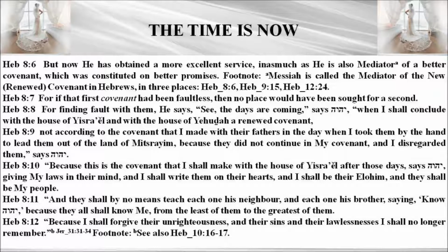Hebrews 8, verses 6 to 12. But now he has obtained a more excellent service, inasmuch as he is also mediator of a better covenant, which was constituted on better promises. These are no longer bulls and goats. For if that first, if the one before, if those people that were being called into that priesthood had been faultless, then no place would have been sought for a second. For finding fault with them, the people, not Yahweh, he says,